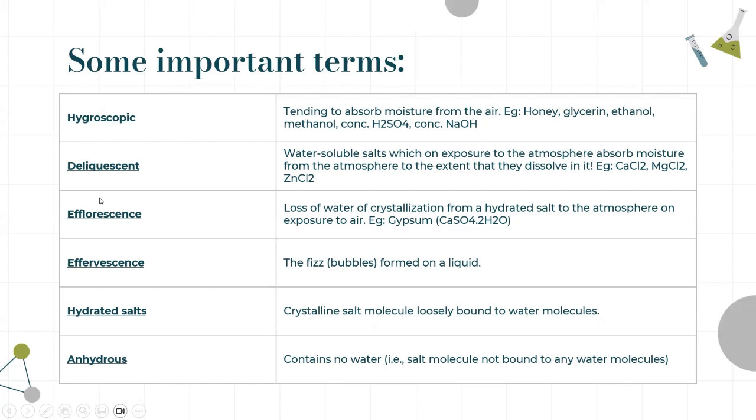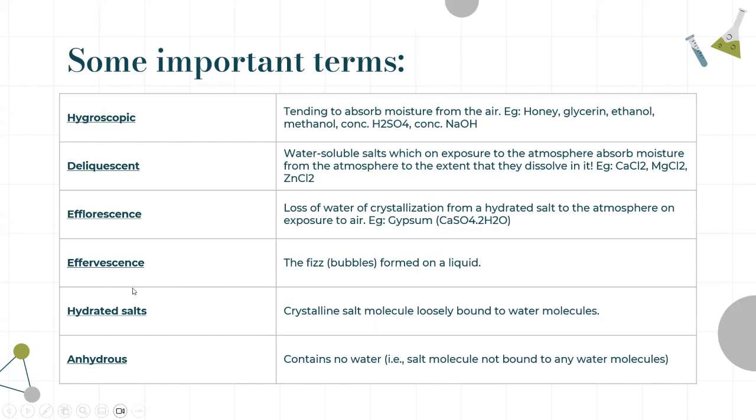The next term is efflorescence. It means the loss of water of crystallization from a hydrated salt to the atmosphere on exposure to air. For example, we have gypsum. The chemical formula is given, as you can see. Then we have effervescence, which is the fizz or bubbles formed on a liquid. For example, you have the soda, where you can see bubbles formed and you can see them moving upwards in